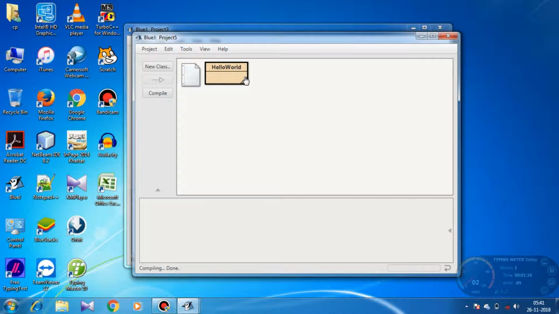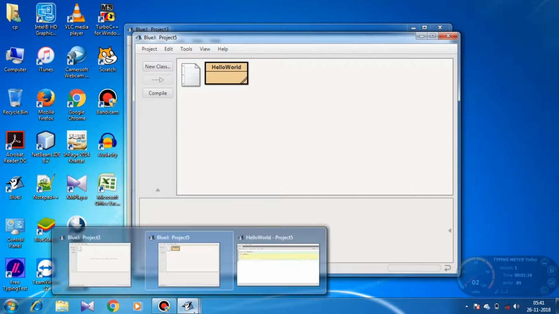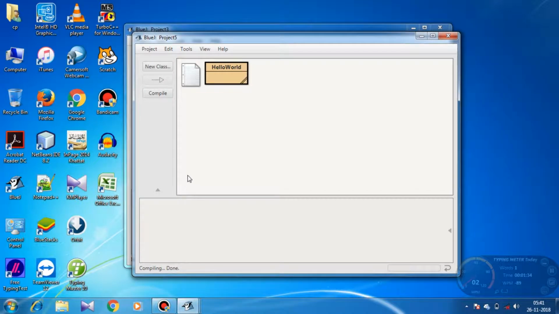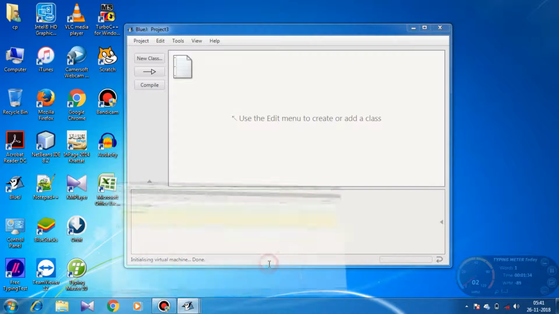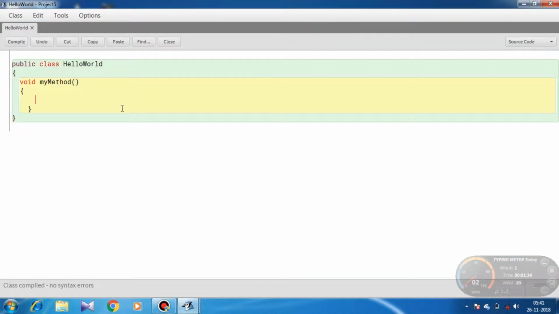If we have opened our source code in the editor window, this is the editor window, we can compile our class by directly clicking at the compile button. Okay, here class compiled, no syntax error.